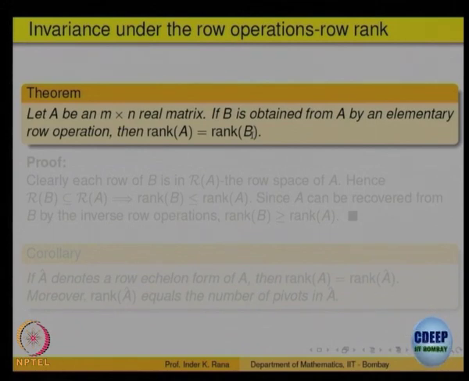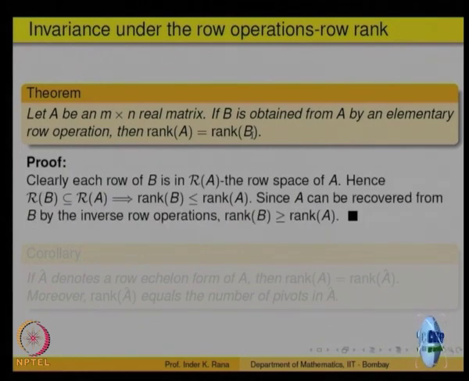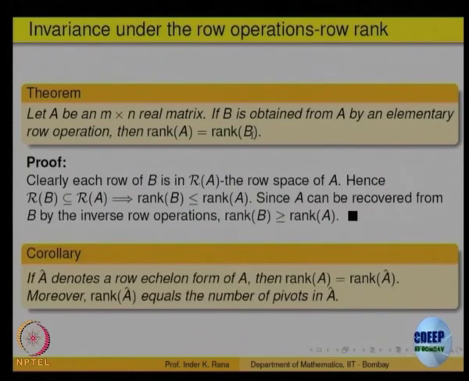So, row rank of A is same as row rank of B if B is obtained from A by elementary row operations, right. So, this is just written there in the proof. Okay. So, as a corollary of this, you are given a matrix A and you have brought it to row echelon form. So, what is the rank of the row echelon form? The rank of the echelon form is the number of non-zero rows we defined earlier, and what will be the row rank of the row echelon form? That is same as the row rank of the matrix A.